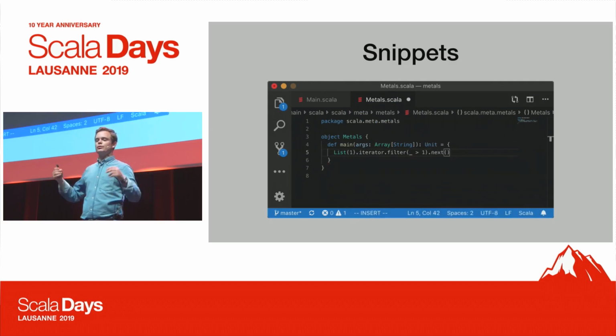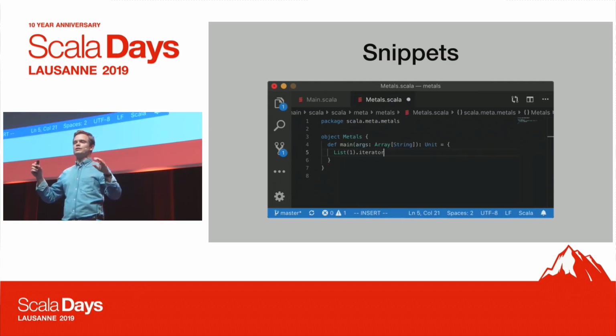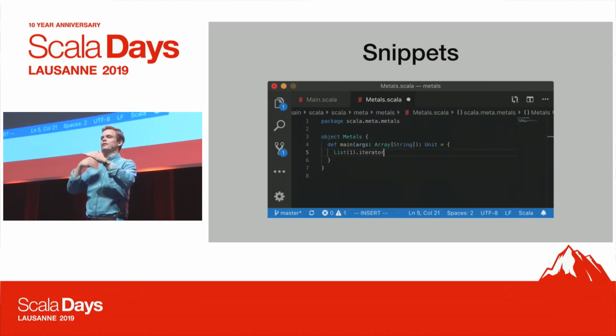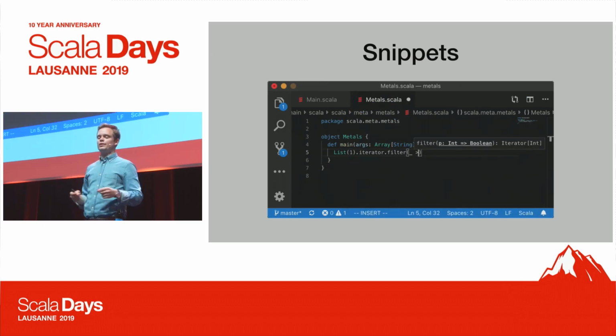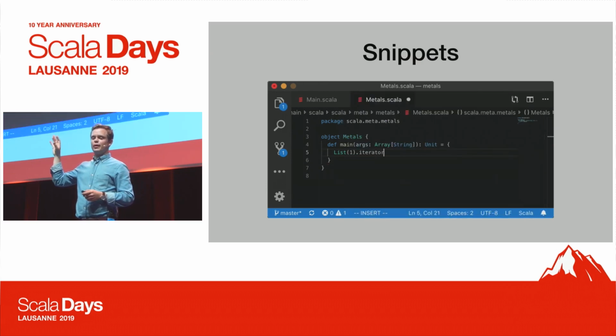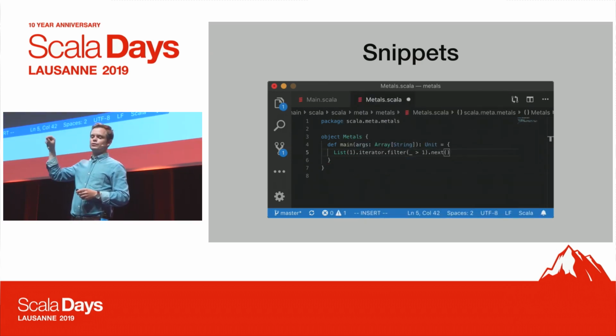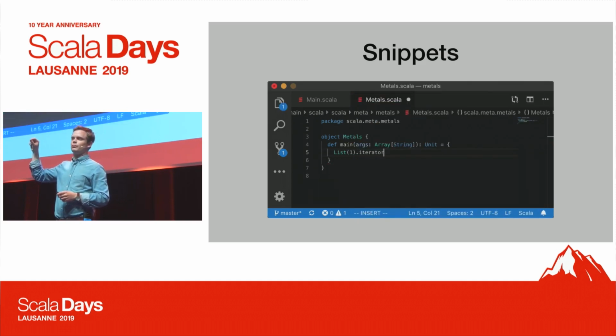And one of the things that you can do is you can have snippets, which is essentially you say it should insert opening parentheses and move the cursor inside of the parentheses. And when you finish that, you should trigger parameter hints. And that's what you see when you select iterator, which is a nullary method. It shouldn't have any parentheses. And you select filter, it moves the cursor into the filter parentheses.